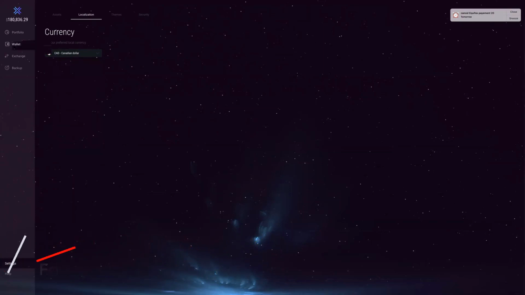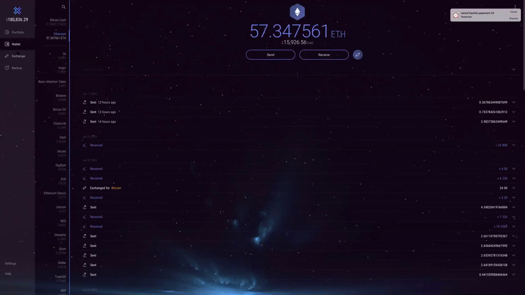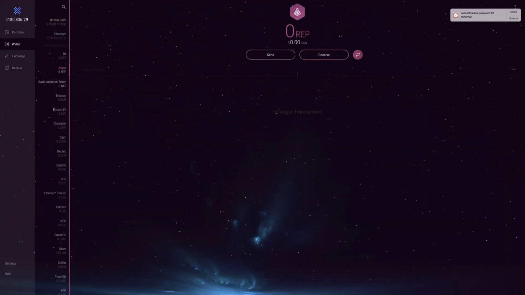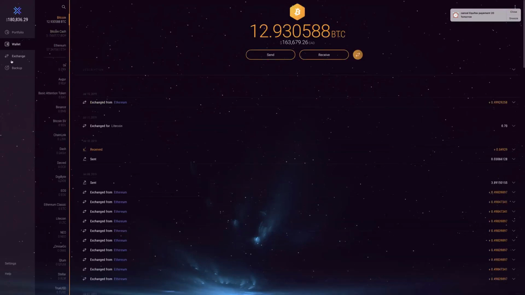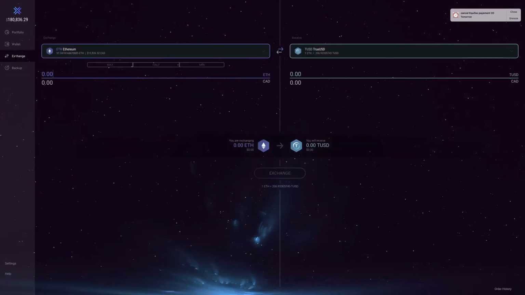Right here on the left side, you have portfolio, wallet, exchange. In wallet, you have all your different cryptos right here. You can see that I have Ethereum, I have Bitcoin. Now let's add Bitcoin also, Bitcoin Cash. So let's go to exchange because now I want to exchange some Ethereum or some Bitcoin Cash to USDT, whatever it is. So once you have purchased your crypto and you want to change it to USDT,